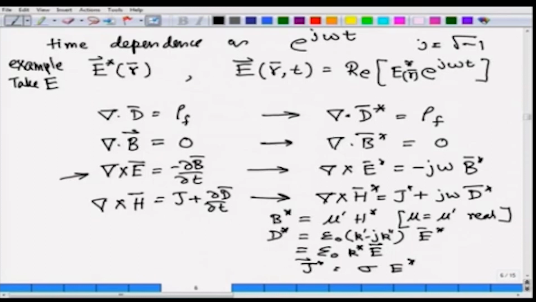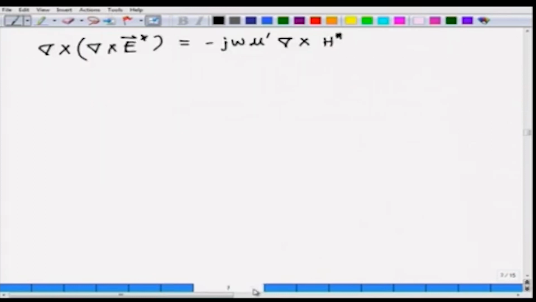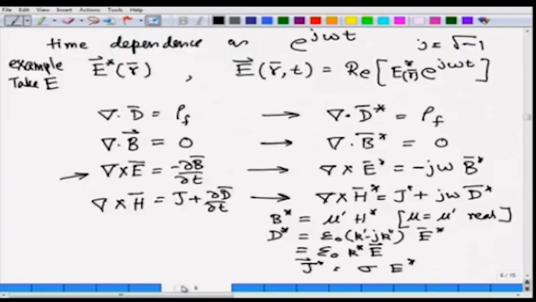So I am taking this out of the curl, and hence I am writing this as minus j omega mu prime curl of H. But we know what curl of H is, so then we write this also as minus j omega mu prime, and we will write curl of H from here as J plus j omega D